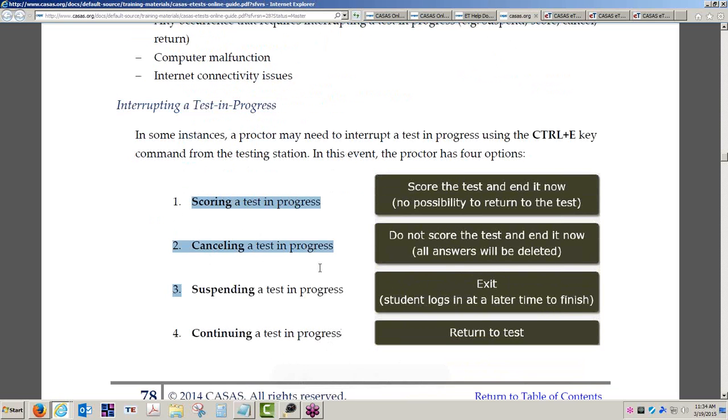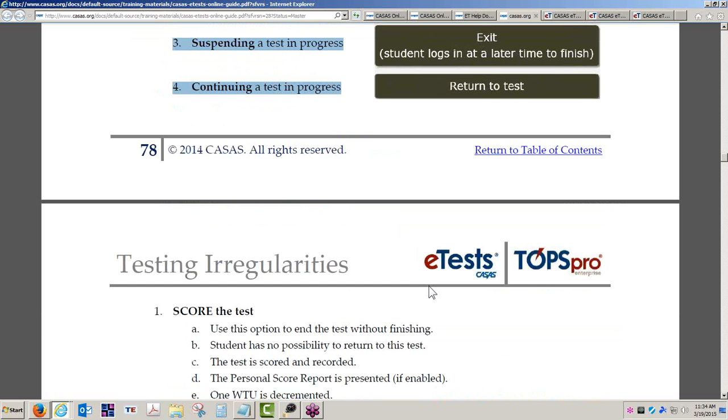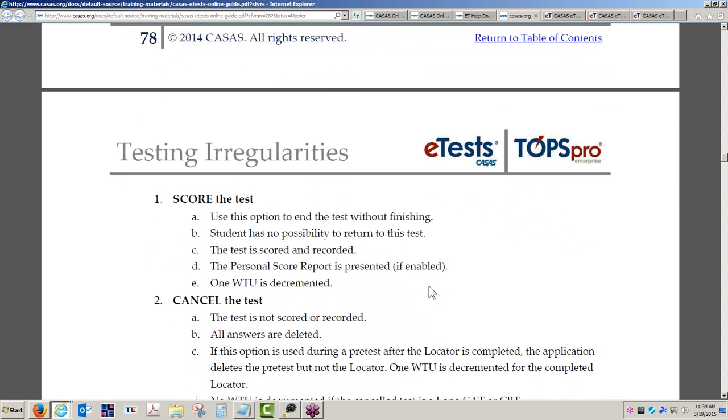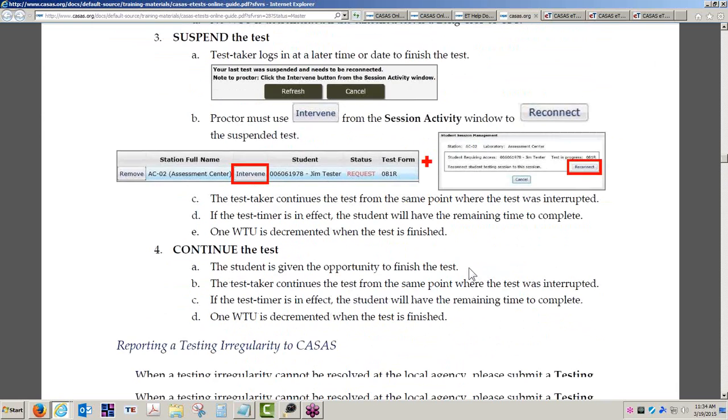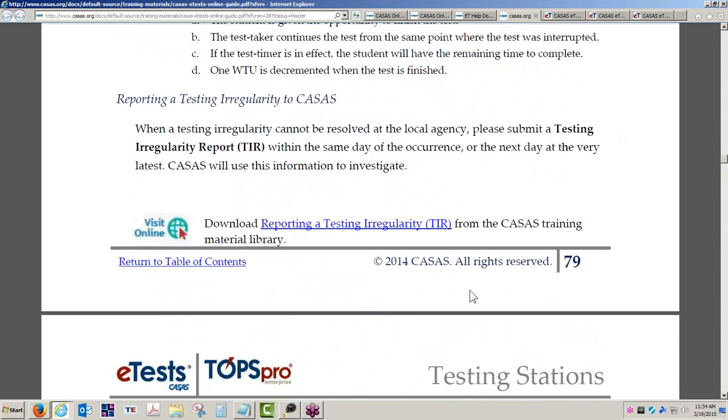Some of these could apply if the application is not behaving properly, and if that is the case, if your proctors needed to interrupt a test in progress, whether from the testing station, say if the screen froze, or from the management console, if it is deemed that that interruption was caused by a malfunction or anomaly occurrence with the application itself,